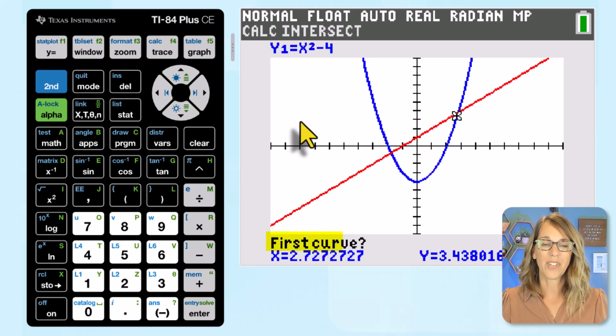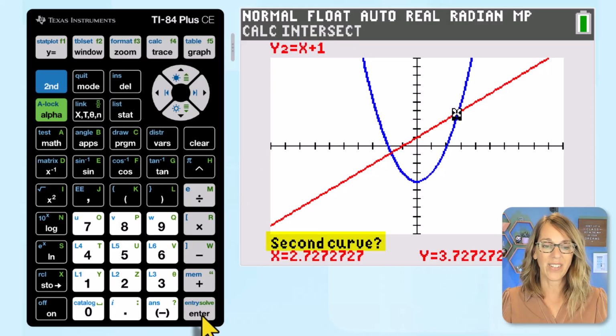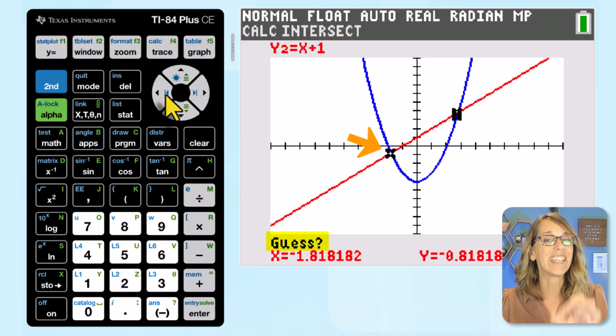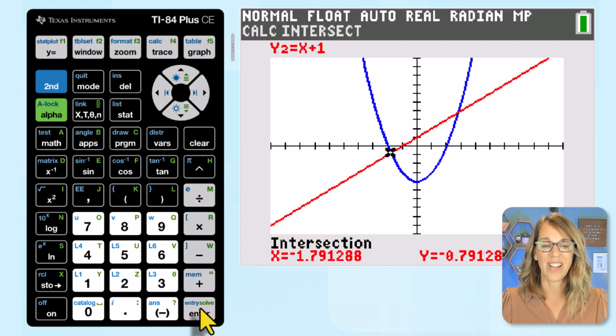It wants to know what your first curve is, and it is Y1, x squared minus 4, so that's great. And then enter. And then my second curve is x plus 1, so I'm going to hit enter again. But this time my guess is going to be this point over here. So I want it to zero in on that left intersection point. And then I'm going to hit enter again, and there's my second intersection point,